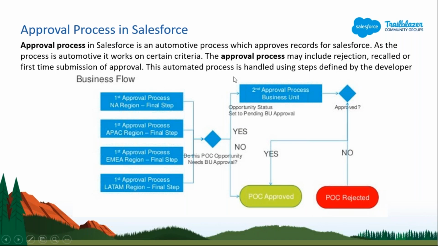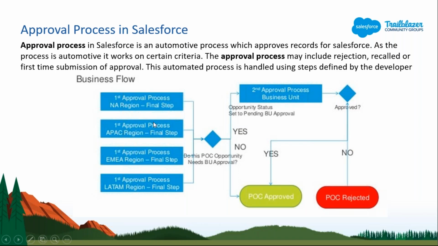So these kinds of approval processes we can set in Salesforce. The approval process in Salesforce will work like this: we will have some steps. We can update fields by using approval processes. If any record has been approved, then we update another field on that record, or if it is rejected, then we can update that field. That kind of thing we can apply in Salesforce by using approval process. So this is a simple example of approval process.